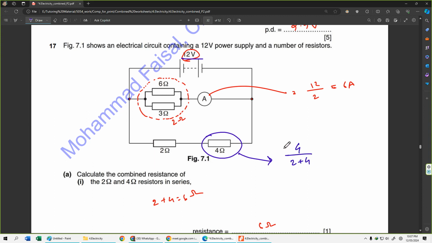This is the ratio of the potential divider multiplied by the total voltage that was available across the whole series branch. এই সিরিজ ব্রাঞ্চের অ্যাক্রসেও আমাদের অ্যাভেলেবল ভোল্টেজ কত হবে? এই দুই কর্নারের মধ্যে অ্যাভেলেবল ভোল্টেজ হবে 12 ভোল্ট। তো 4 divided by 6 এই ratio into 12, এটা করে দেখো কত আসে। 8 ভোল্ট হওয়ার কথা।